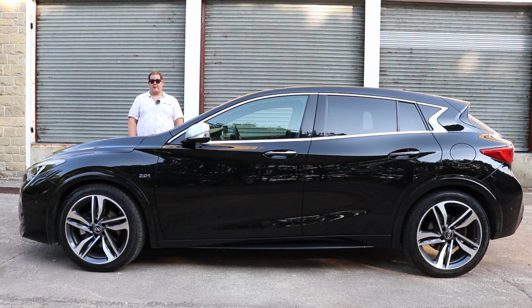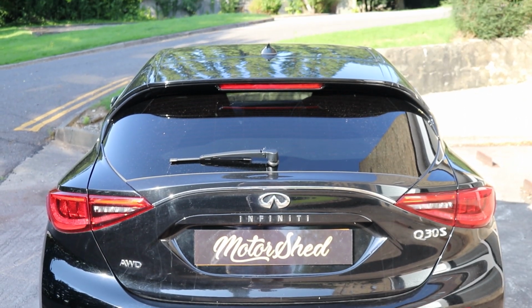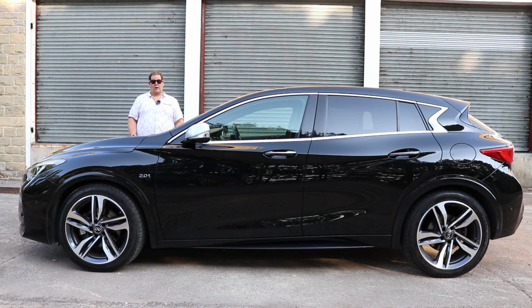Infiniti are a luxury brand from Nissan. A lot of manufacturers do this. Toyota, for instance, the biggest one, they have Lexus. Everybody knows them. However, nobody seems to know Infiniti. They certainly sell a lot more of these cars in the States, but here in the UK, at the moment